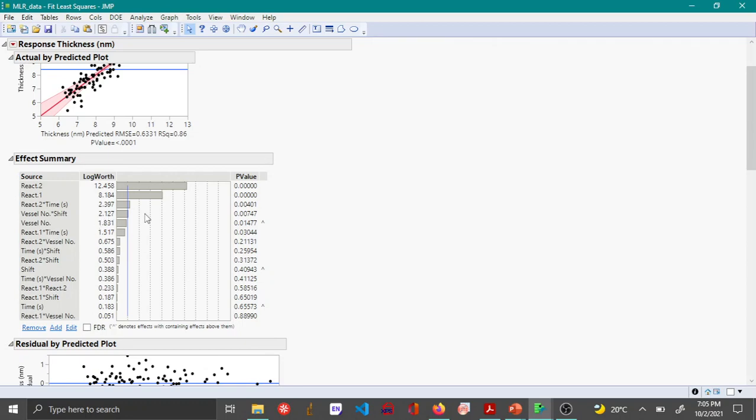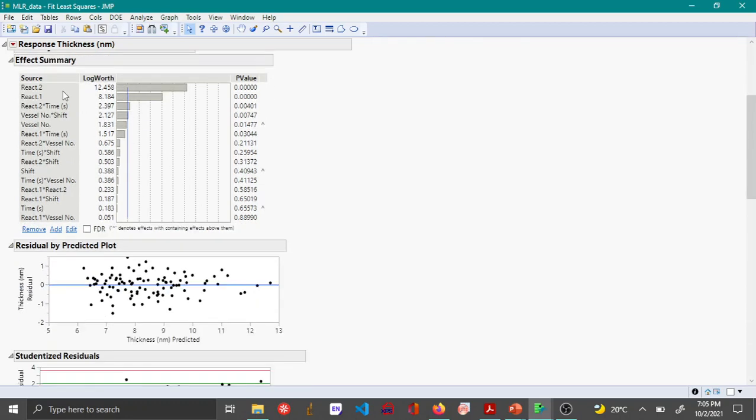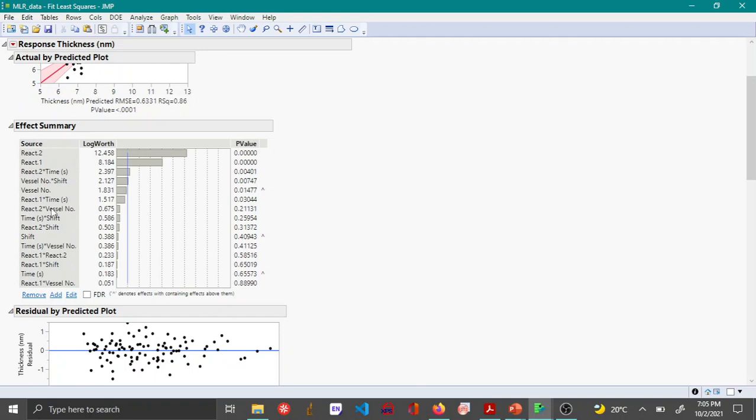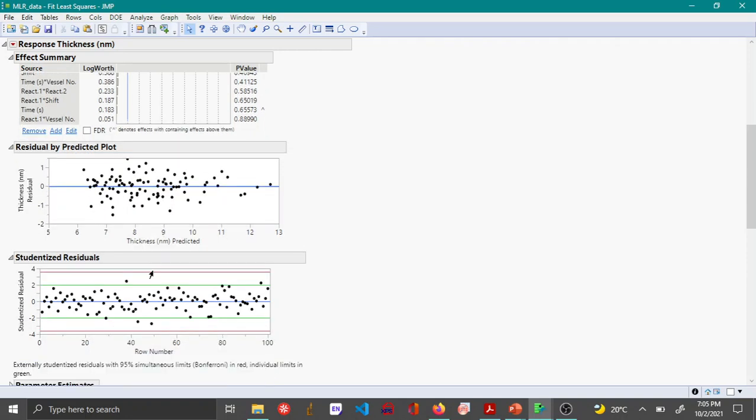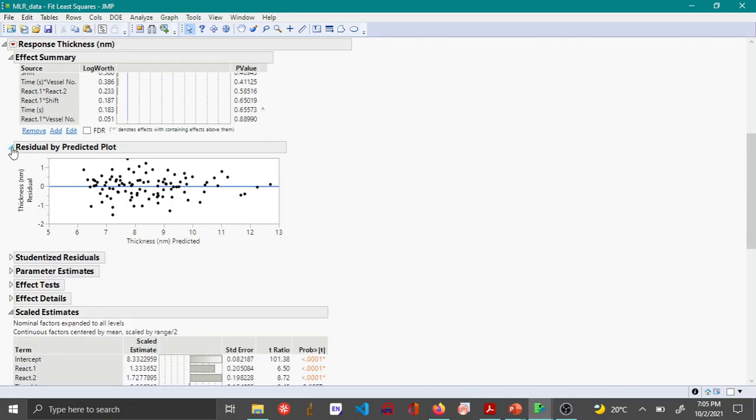So as you can see in this effect summary, we're showing all the parameters and their respective p-values arranged in ascending order, and this is residuals. As we know, residuals are randomly distributed here around the zero line. The same thing can be seen in the studentized residuals, which says that this model is a good fit.